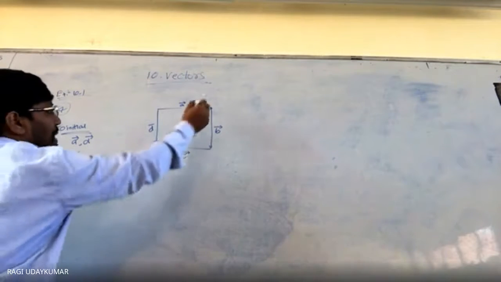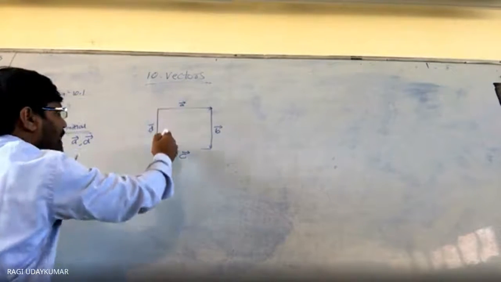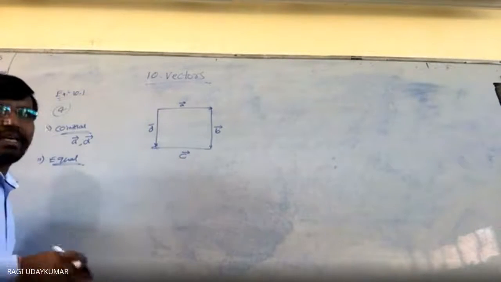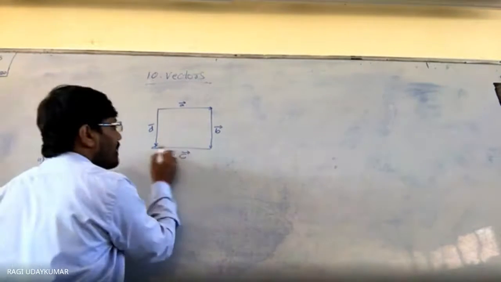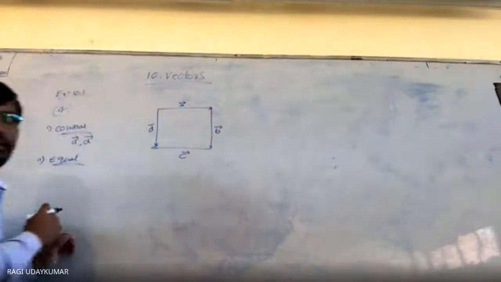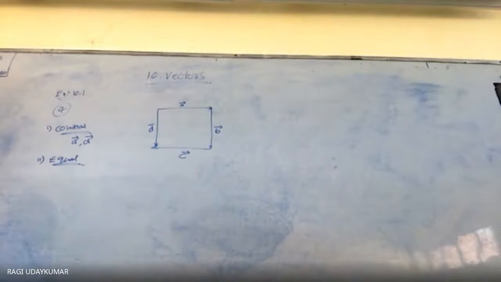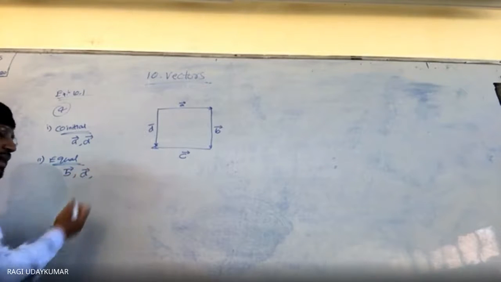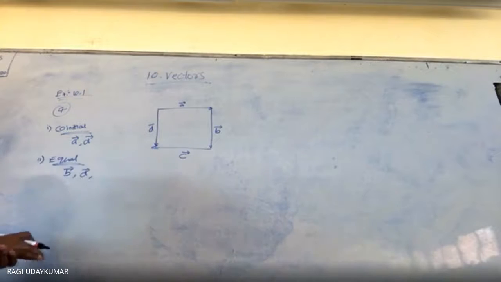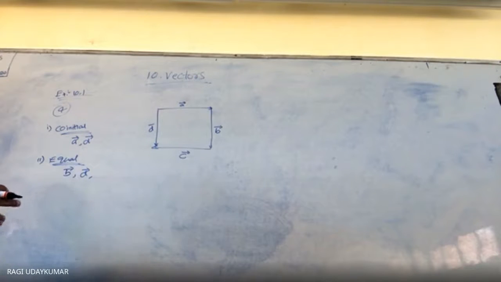Next, equal vectors. Equal vectors means those whose magnitude is equal as well as direction. Whenever you take B bar and D bar, both are in the same direction. Irrespective of the direction, see here, vector C bar has this direction. So B bar and D bar are equal vectors. Recall the definition of equal vectors so that you will be able to get it. So the third one is